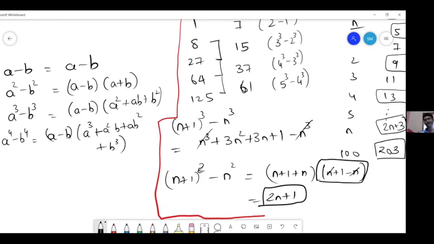Yeah, so I would just ask you to check this, and then try to make a general formula for a power n minus b power n. Oh God. Actually, there's a nice structure coming up. Yeah, will you send this thing? Yeah, better.